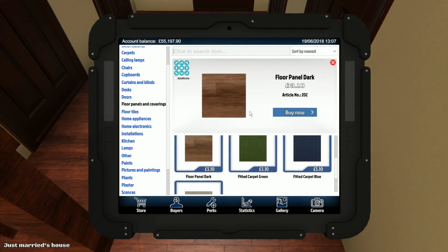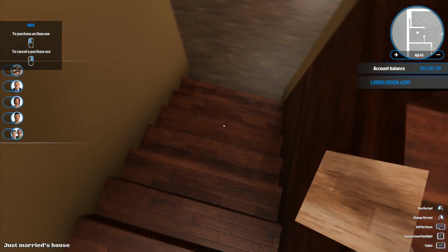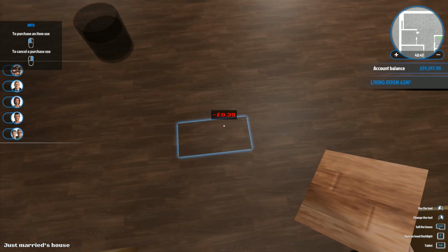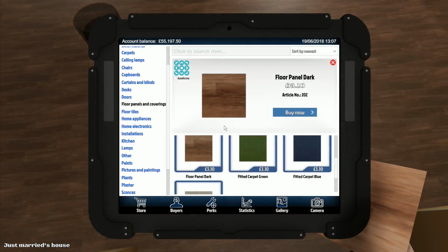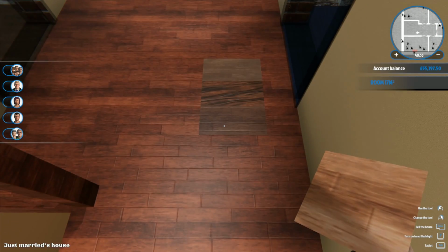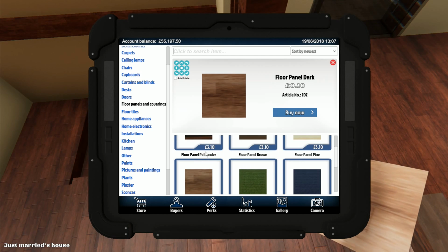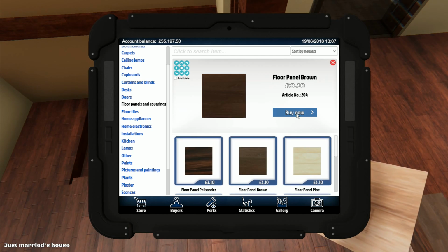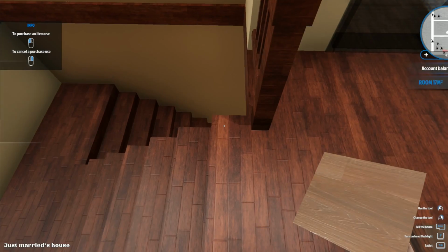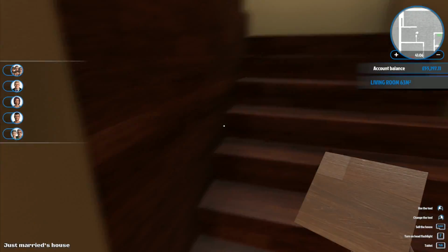So what I'll do instead is floor panel dark, I think is the one that we've got down here. Nope, it's not. Oh, hang on. Is this floor panel dark up here? No, it's not. That's the dark one there. So no, the one that we've currently got on the floor is floor panel brown that we've got downstairs. Which means that we're going to have to just patch that bit back in like that,